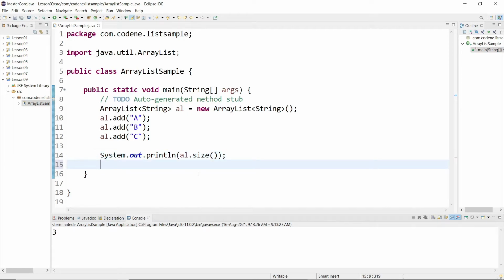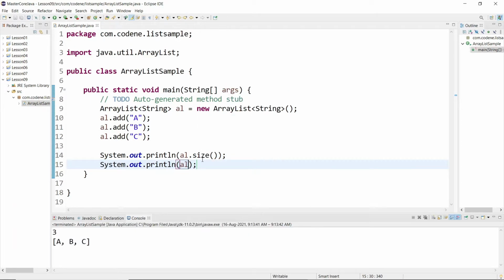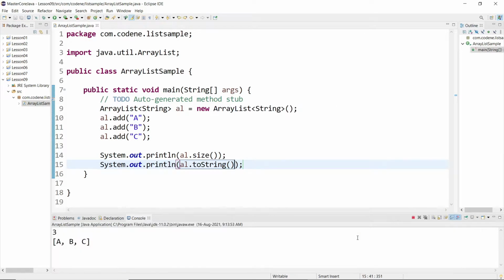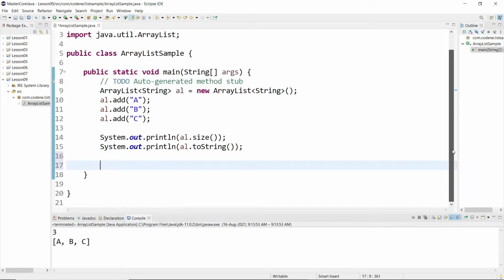Now if I want to see what are the elements inside the array list I can simply print the array list as well. This will internally call al.toString. For example, if I write toString, the output should be the same. Yes, the output is the same. Now array list also supports other functionalities.